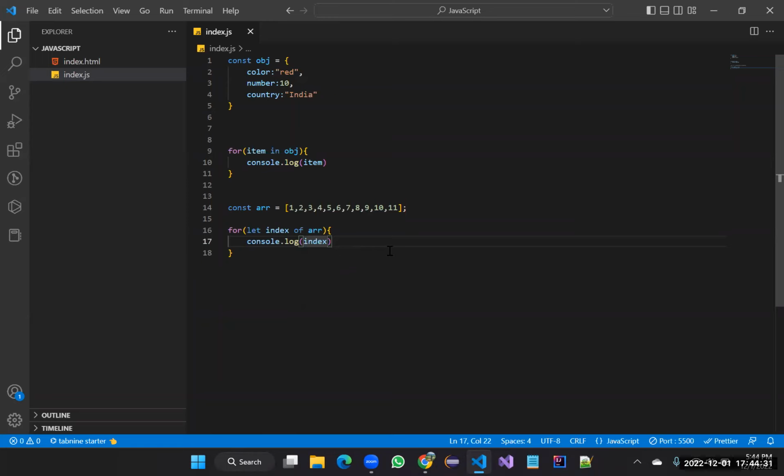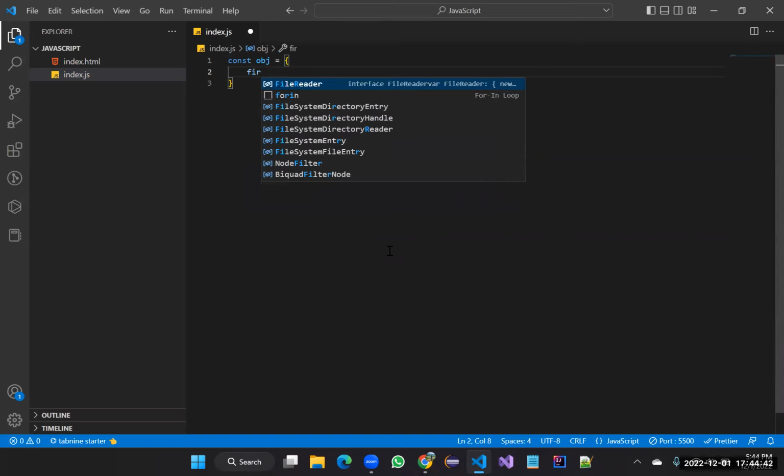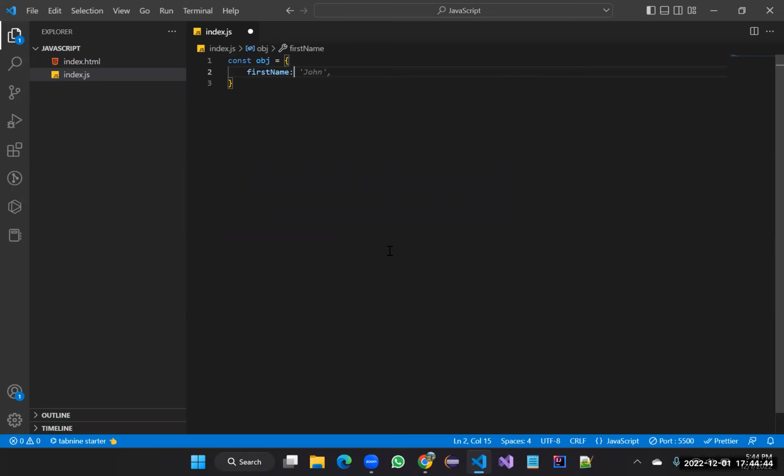But from this, we also have the JSON format. For example, we know an object is represented in curly braces: first name equal to John, last name Trudeau, and age equal to 20. So this is the representation of an object. So we have a concept called JSON, which is nothing but JavaScript Object Notation, which is used as a data